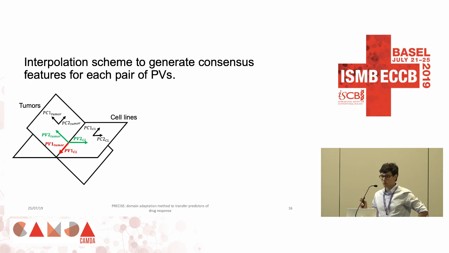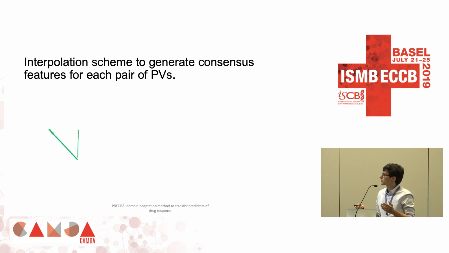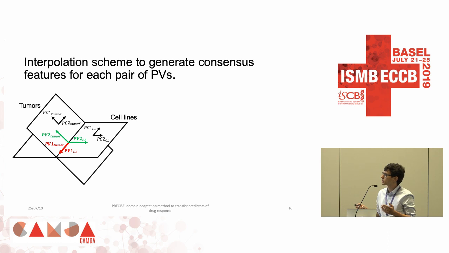The output of this algorithm so far is to have pairs of principal vectors that are highly correlated. That's really something we want to get rid of because we don't want to have 2 features that are highly correlated. There are different methods. We could use both vectors from the same pair, or one or the other, but the problem is if we only use the principal vectors from the cell lines, then we will somewhat go back to the principal component analysis with a filtering step. If we use the one from the tumor, then we lose a bit of information because ultimately we will train on cell lines. So what we decided to do is to find one in between. For this first vector, it's really easy because there is actually only one vector.